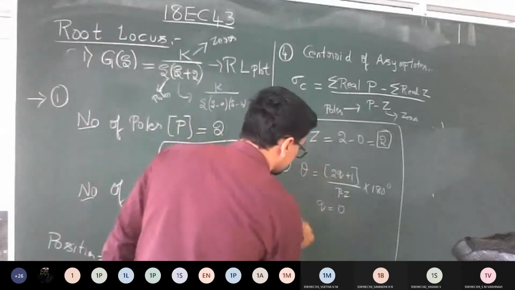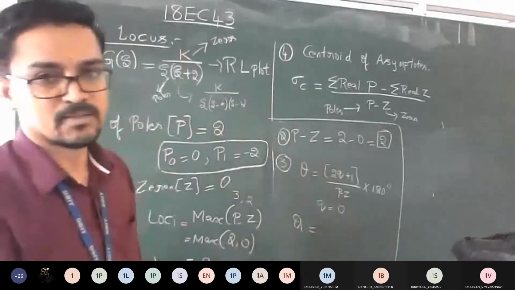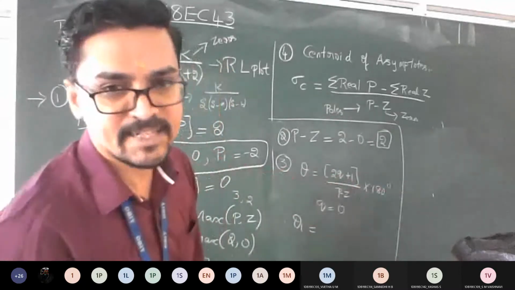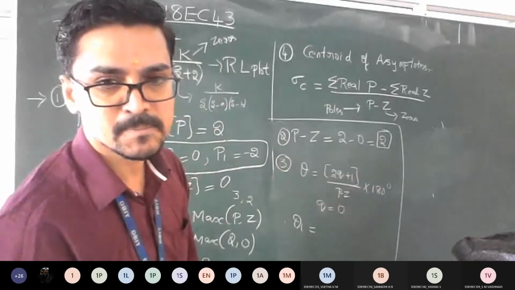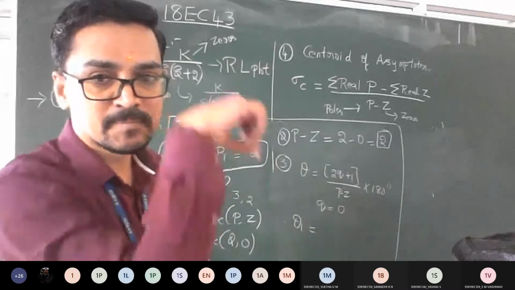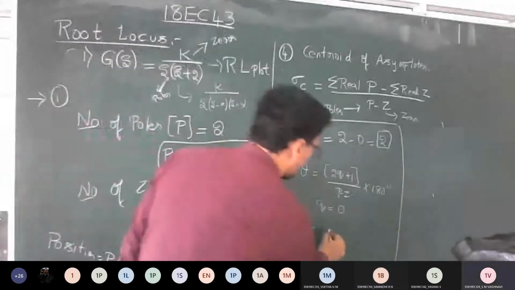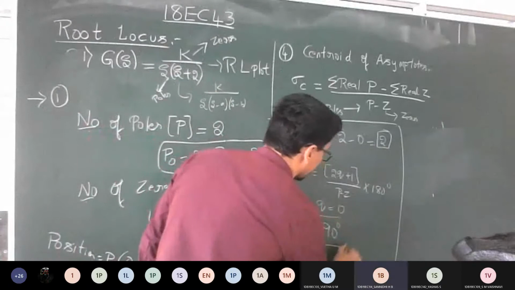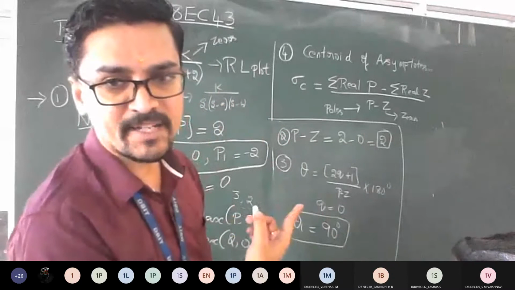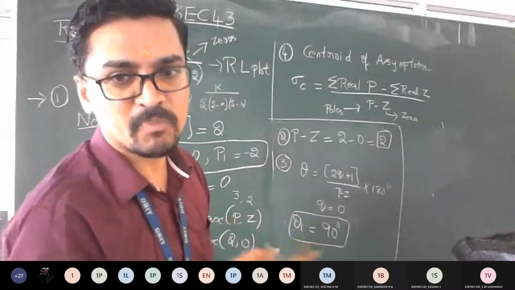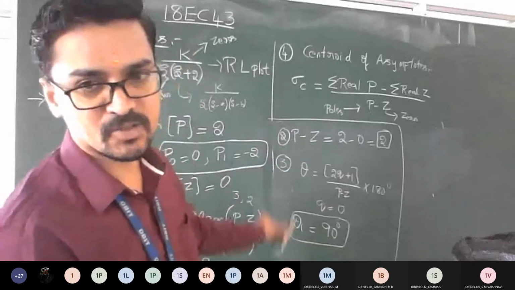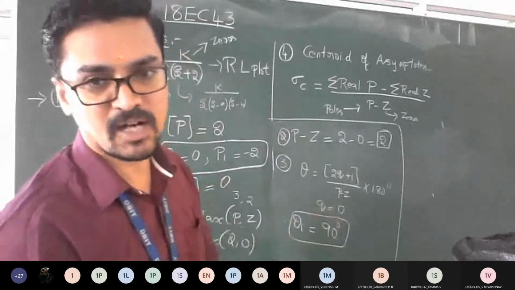What is theta 1, guys? So this 2 into 0, it becomes 1 by 2 into 180. Is it 90 degrees? Yes, sir. So angle 1, everyone got 90 degrees. I hope you got the logic, how it is interlinked to step number 2. If you don't find the number of asymptotes, you won't come to know how many angles of asymptotes you are supposed to find. That is why I told you to calculate P minus Z. So now we substituted q is equal to 0 and we got one answer.